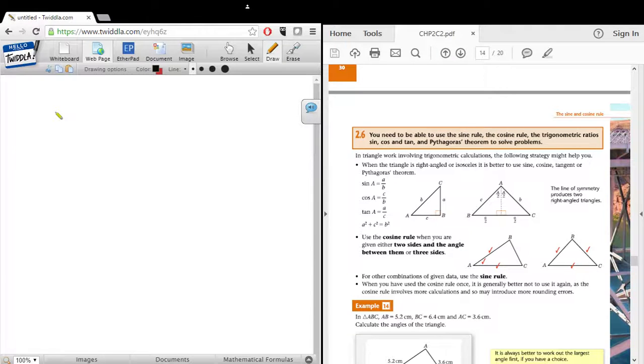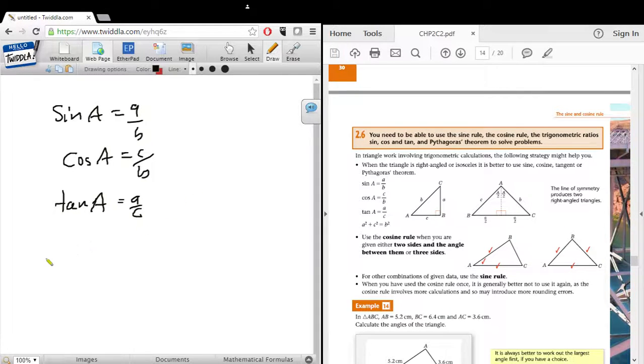So we have sine A equals a over b, cos A equals c over b, tan A equals a over c. Okay, straightforward, simple. That's the sine equation. Now if you want to appreciate the cosine rule, sorry,